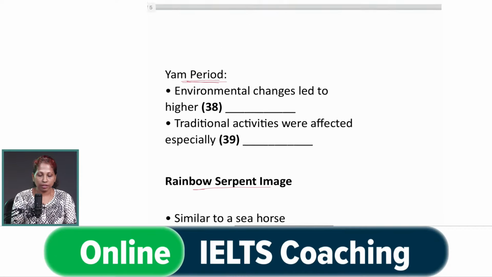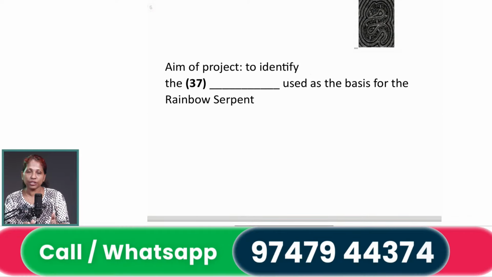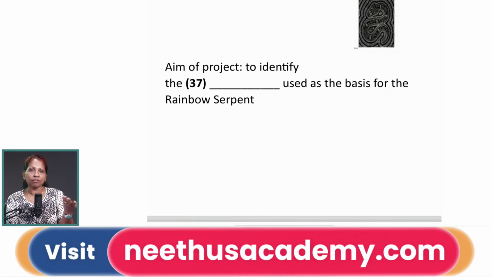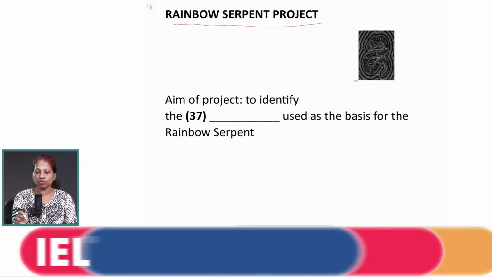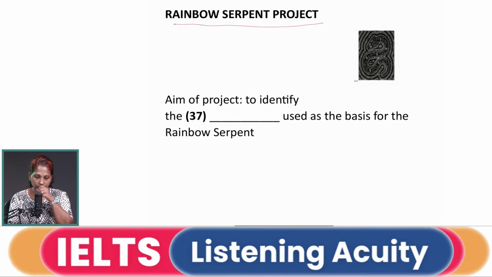Okay, so that is how our questions have come. In notes, like we say, notes means what? You listen to something, you take important points. So whatever important points about that part of the audio are taken down, some will be filled for you, some you have to fill. Okay, some blanks as per the instruction. And they have given a picture of the serpent project. Serpent means snake. That is what it looks like.